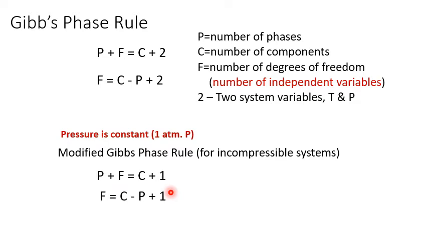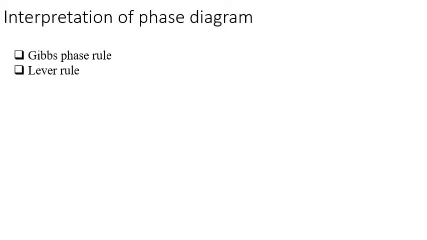C minus P plus 1, where for a binary system the number of components will be 2. At any point if the number of phases present is equal to 2, then 2 minus 2, so the independent variable F will be equal to only 1, either temperature or pressure. So once we know the Gibbs phase rule, that is P plus F is equal to C plus 1, we'll now see how we can apply the Gibbs phase rule in a phase diagram to find the